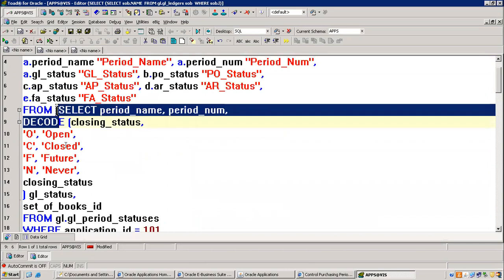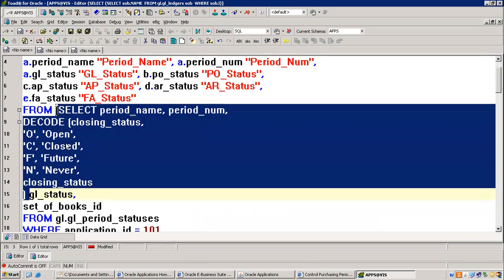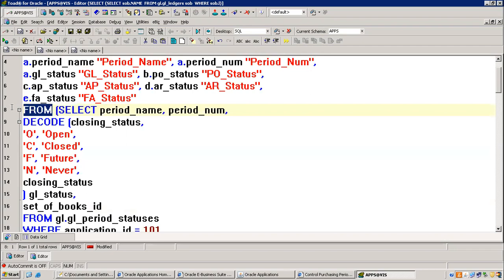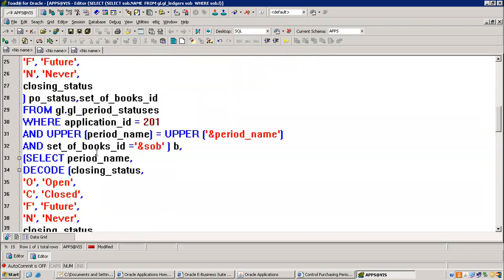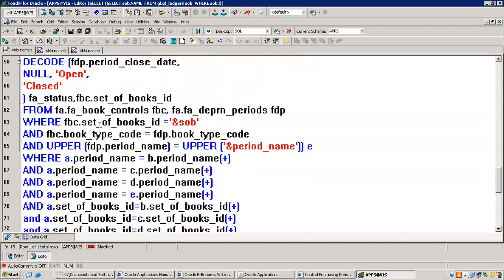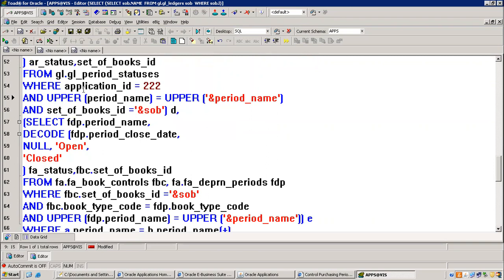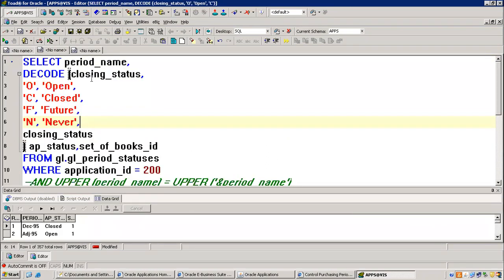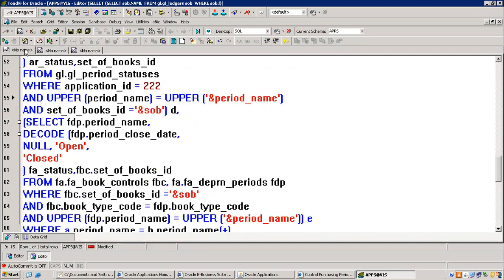If a select statement is in the from clause, it's called an inline view. Do you know inline view? For calculations we'll use it. A select statement mentioned in the from clause is called an inline view. Okay. Why do we require so many? We need a single query to identify the status of the periods. First we'll develop a single query, then again we'll develop another query and attach it simply.